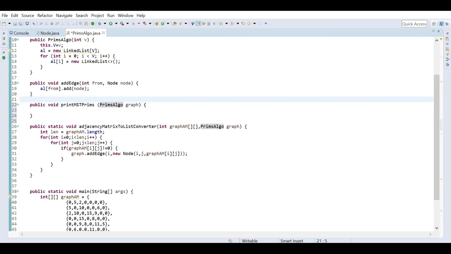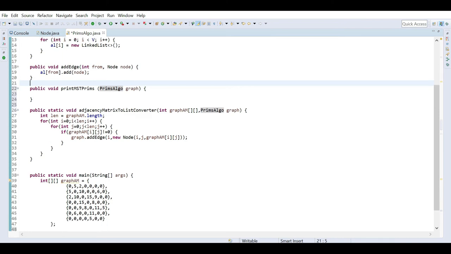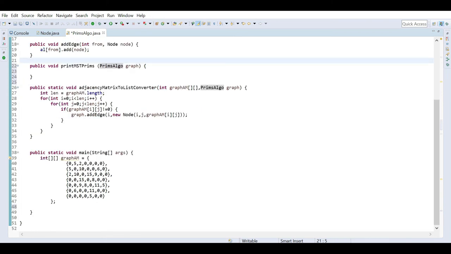Now if we check here, and how to call this one, for that purpose what we can do is define the graph and call this.